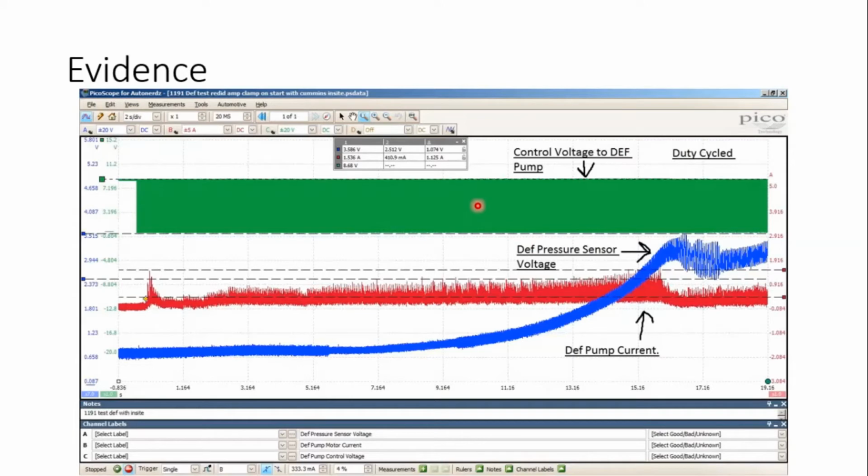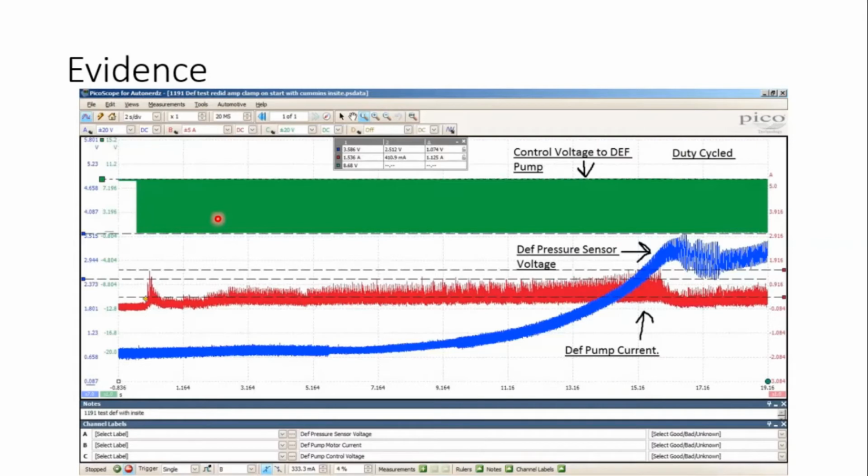So right here, channel C, this is the control voltage to the DEF pump, okay? And basically how the circuit design is on this, the DEF controller, which is the computer, sends out a voltage signal of 8.68 volts, okay? That voltage signal goes to the DEF pump, okay? So then it goes to the DEF pump, and then the controller inside the pump